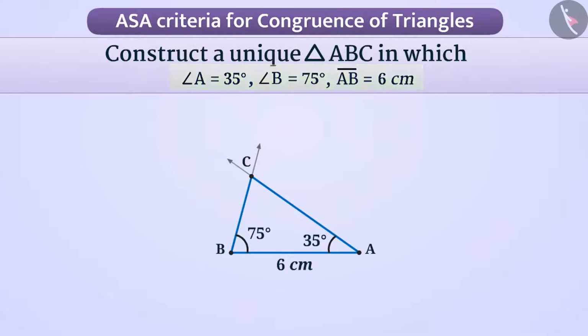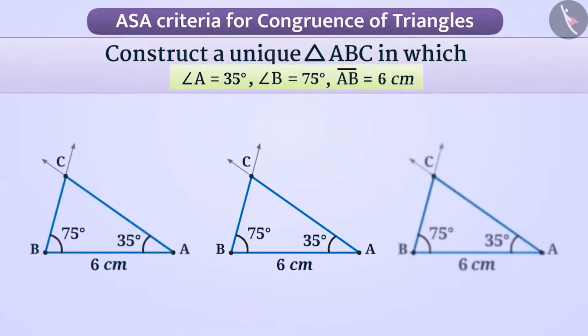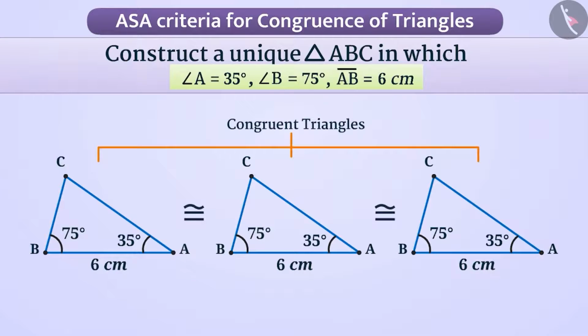No matter how many times we attempt to draw triangle ABC from the given measurements, in each case, we will get a congruent triangle. With this understanding, we can form another rule to check the congruency of triangles, which states,